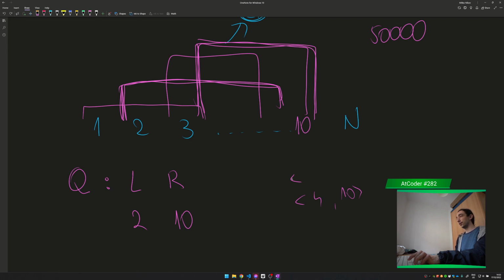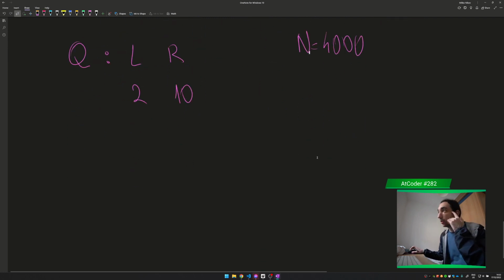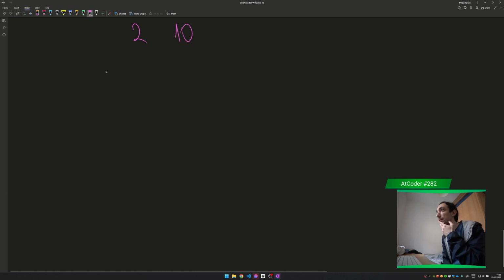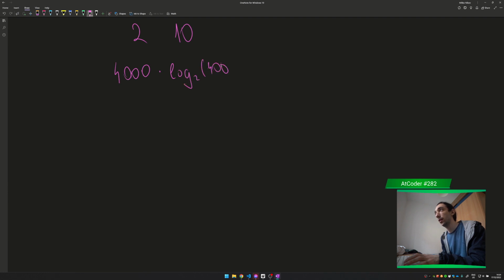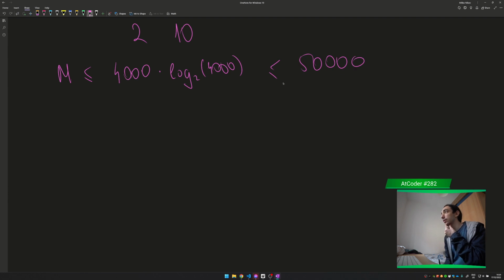But you have to give the intervals in a smart way so that they're covering even when n is going to 4,000. So clearly you have to give at most 4,000 times log2 of 4,000 in number of intervals. So at most m has to be that, right? And this is smaller than 50,000. It's just around 47,000 or something like that. Was not sure, but